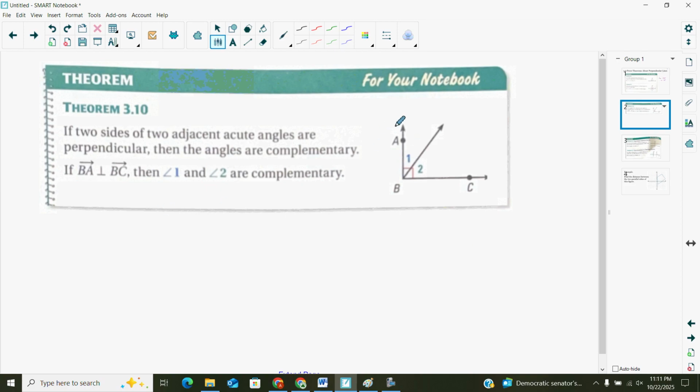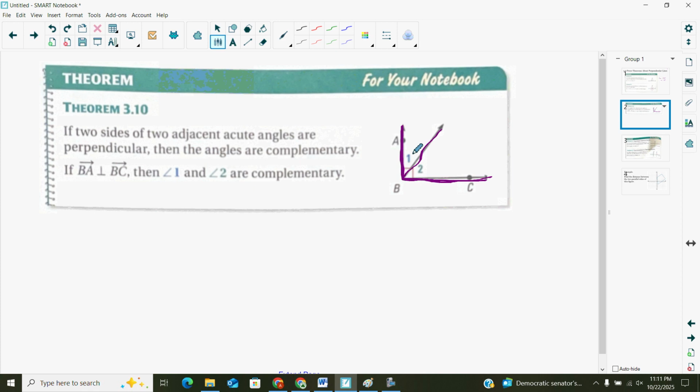So if two sides, this side here and this side here, are two sides of two adjacent acute angles, so angles 1 and 2 are adjacent, they share a ray, and the two sides are perpendicular to one another,